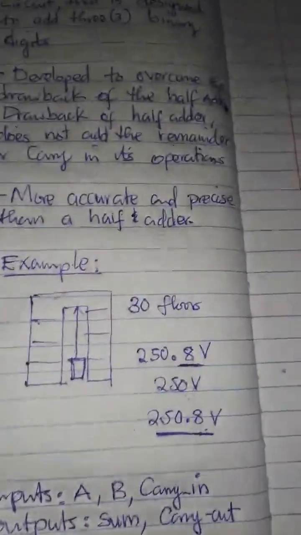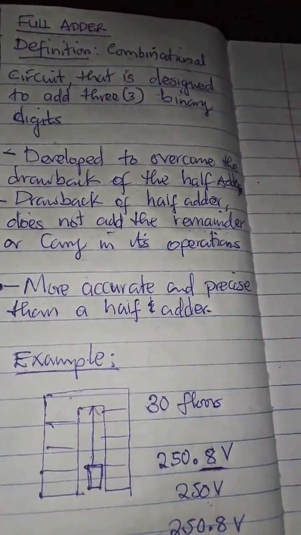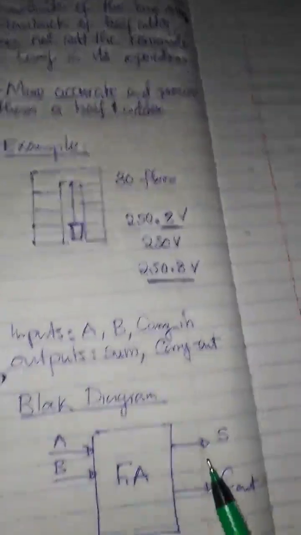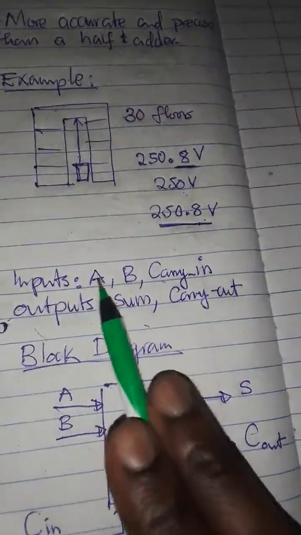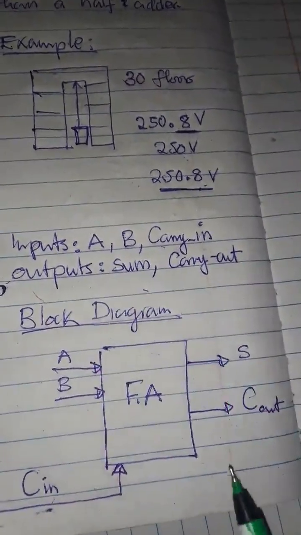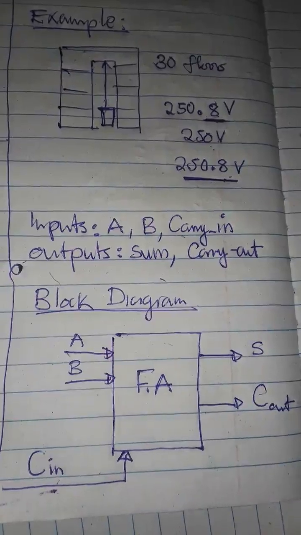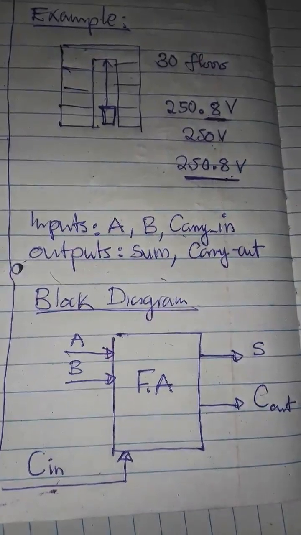So remember, a full adder is a combinational circuit that is designed to add 3-bit binary digits. So it will add a bit A, the bit B, and also a carry in. The outputs will be sum and also carry out. In the next video we'll look at the truth table and the logic circuit of